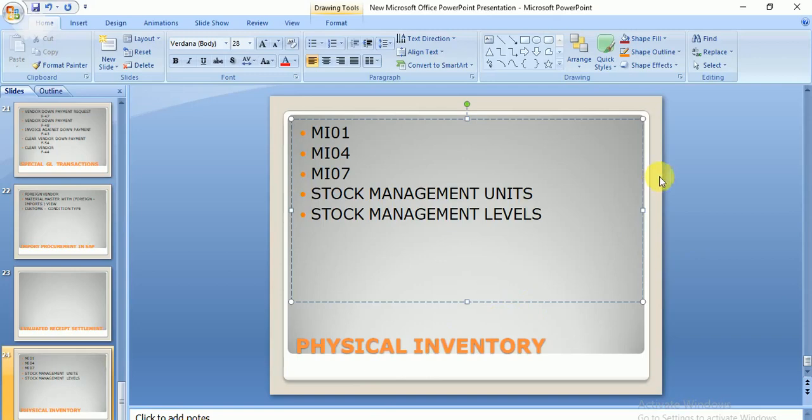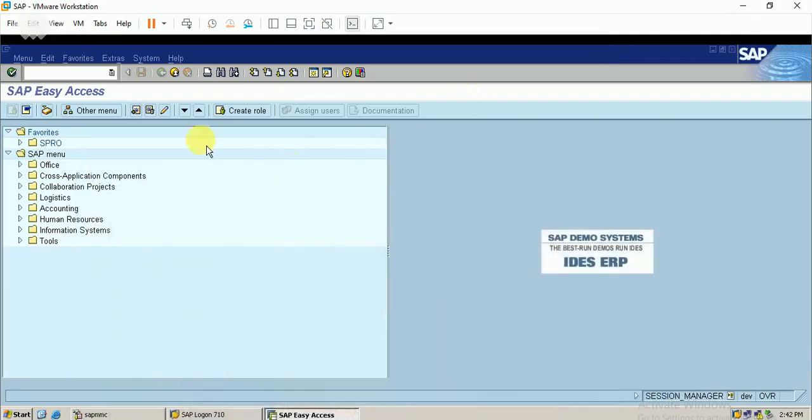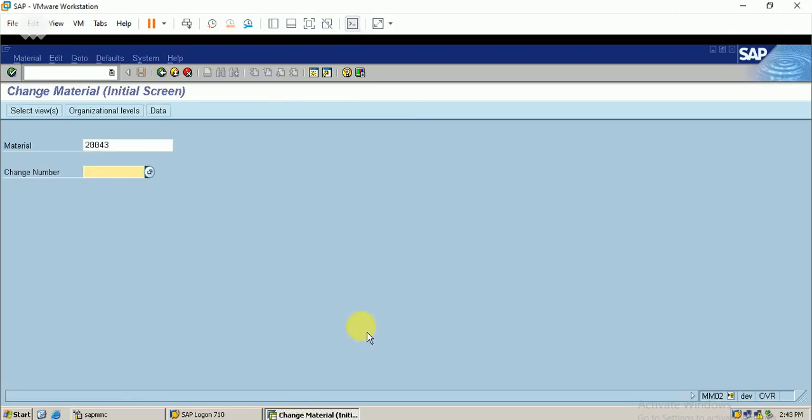Before entering into the concept, I have created a material, just displaying it. Those who are watching my previous videos know that my storage location is linked to warehouse management.